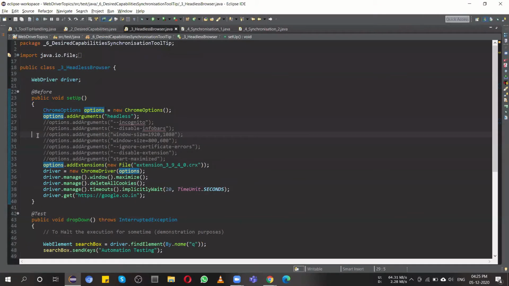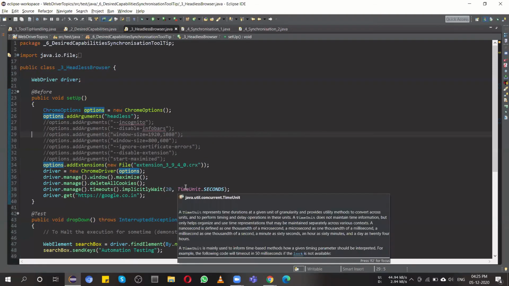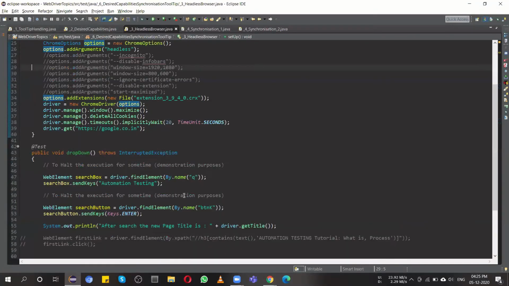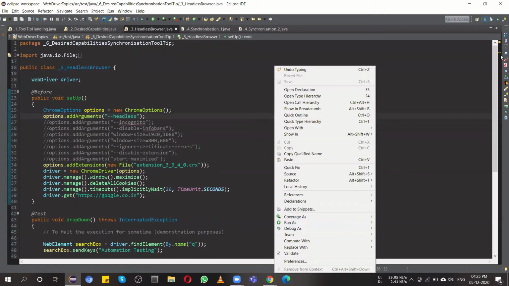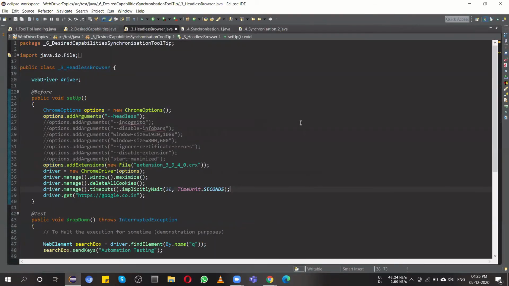Let me check once again. What is it we are missing over here? Might be possible the command is failing because this is not the regular stuff we usually do. Let's terminate this one and execute once again.